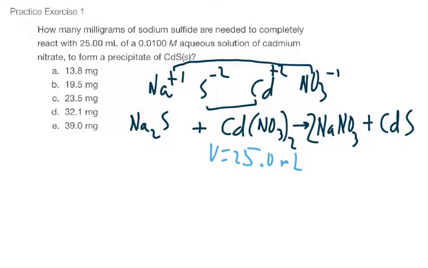And they're also giving you the molarity, 0.0100. All right. And then over here, since this is the given, we're going to call this A. We're going to call this B over here. And on this side, what we have is they want to know milligrams. That's mass. And they want it in milligrams. So this is what we're looking